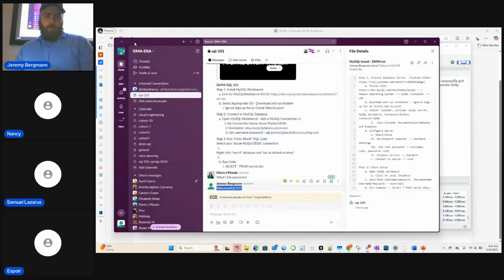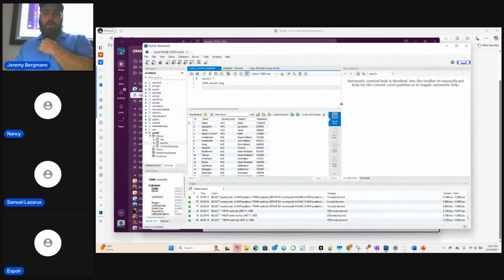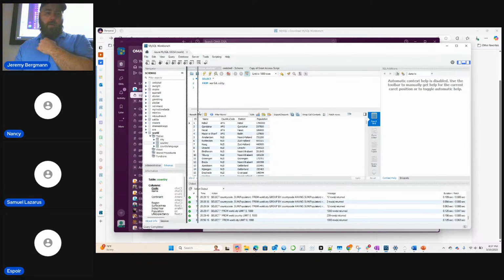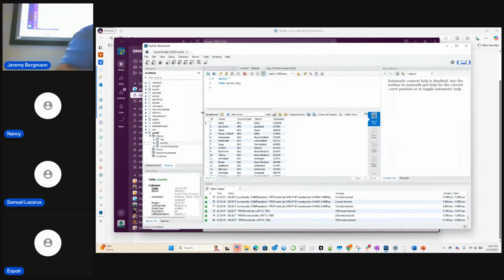Is mine different? Yours looks different because you have a more used Workbench. It does have the result grid because I already executed it. I have all those things on the computer because I've set up the rest of the class.